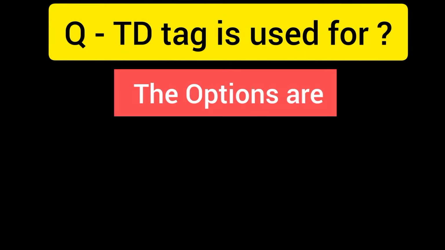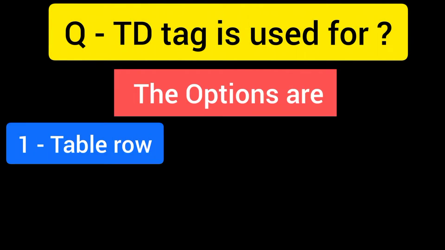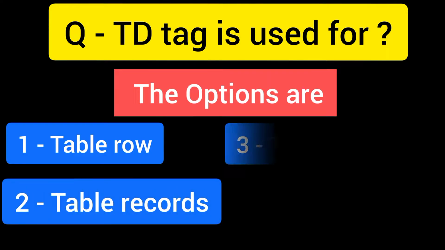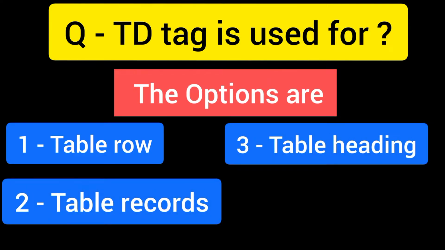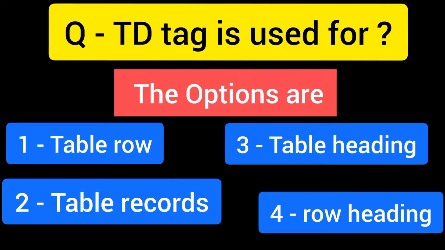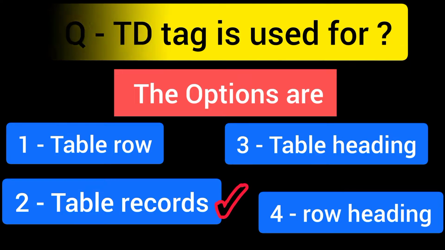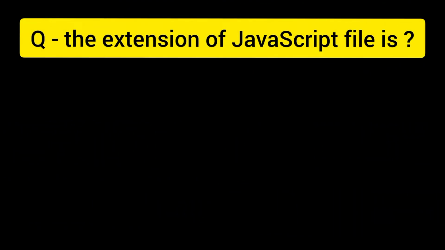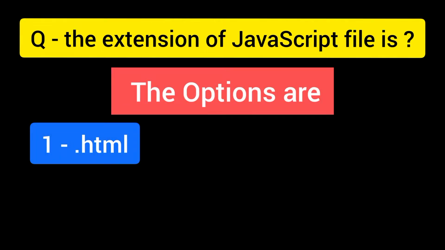Question number 2, TD tag is used for, and the options are option number 1 table row, option number 2 table records, option number 3 table heading, option number 4 row heading, and the right answer is option number 2 table records. Question number 3, the extension of JavaScript file is option number 1 .html, option number 2 .js, option